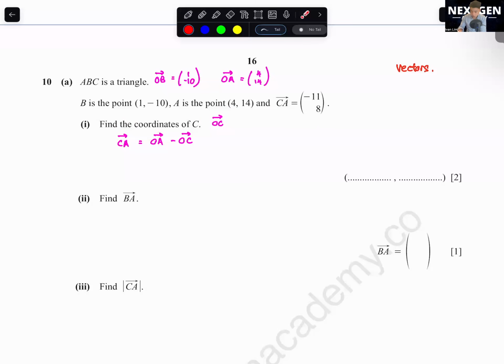Only works for position vector. If they give you position vector, you take the alphabet behind minus the alphabet in front. Can you remember this one? Okay, this is only if they give you position vector. So write this down if you all forgot about this. If given position vector,